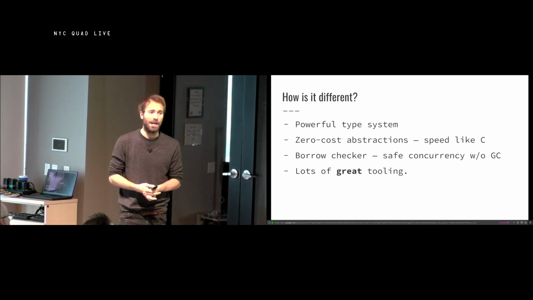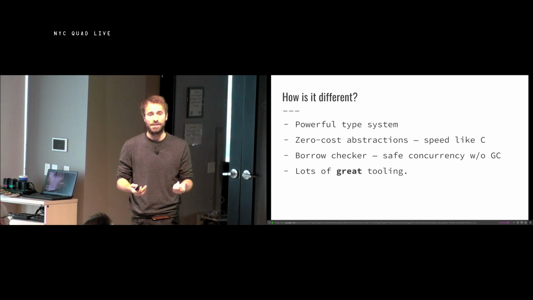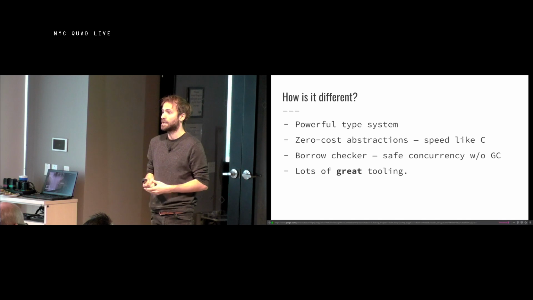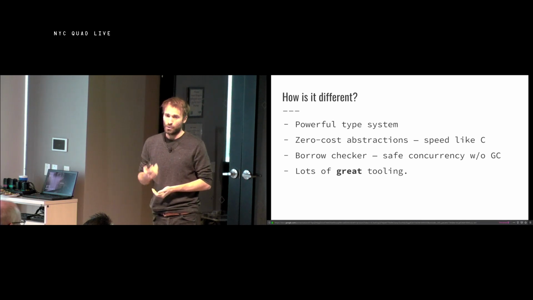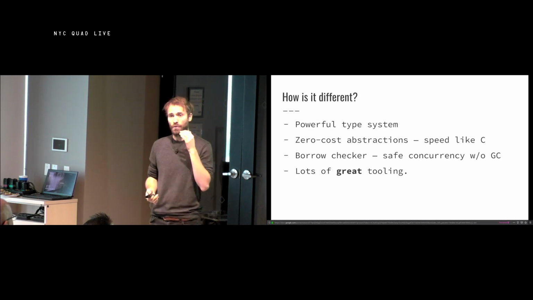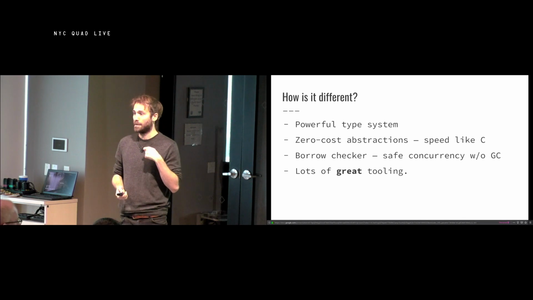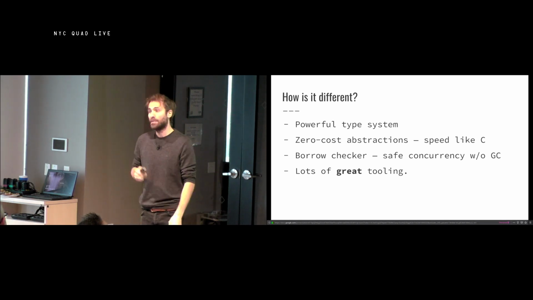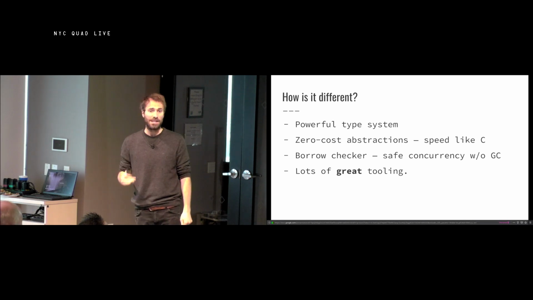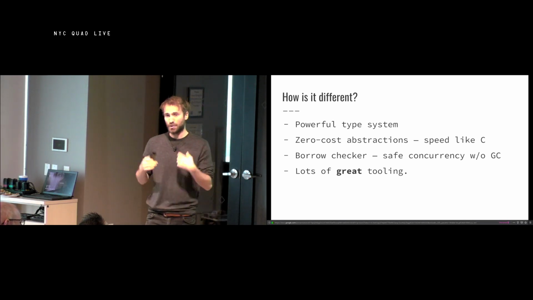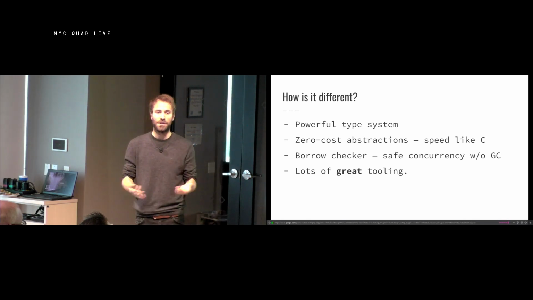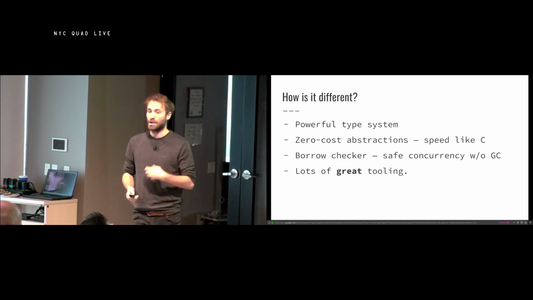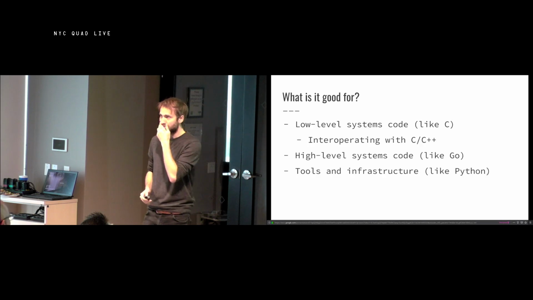So the idea is that you can have abstraction layers, you can have things like interfaces, but the code monomorphizes so that the code is still fast. You get the same kind of speed as C. You have the borrow checker, which tries to guarantee that you have no data races at runtime. So the compiler will check that you have no data races in your code. And the tooling of Rust is just really, really excellent. It has actually taken the time to learn from the past N decades of programming language development and infrastructure development, and incorporates that into the language.